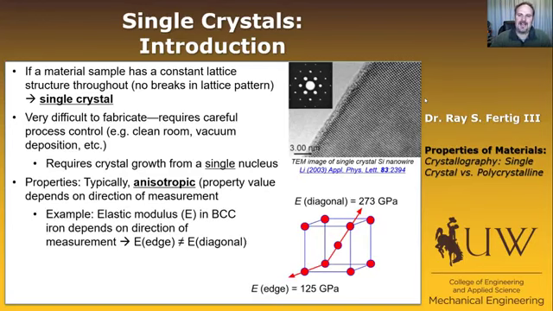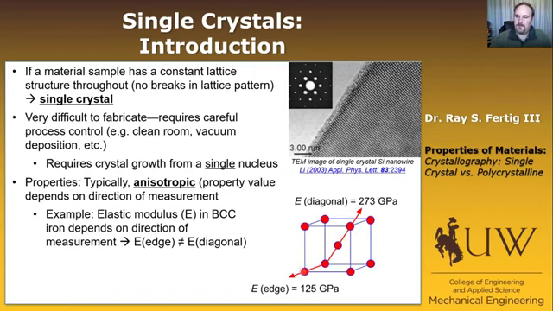Let's think about the elastic modulus in BCC iron. Normally when you think of a piece of iron that you might get at the machine shop, you know that it doesn't really matter which direction you pull on that piece. It's going to have the same properties in all directions. But at the single crystal level, the modulus, or the stiffness that you get by pulling on that single crystal, let's say along an edge direction. So in this case, pulling it along this,